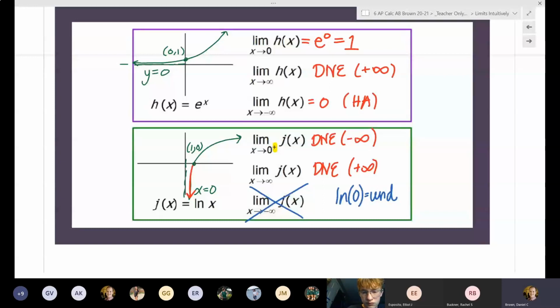Any questions about those reminders? No. All right, so next part I want to look at